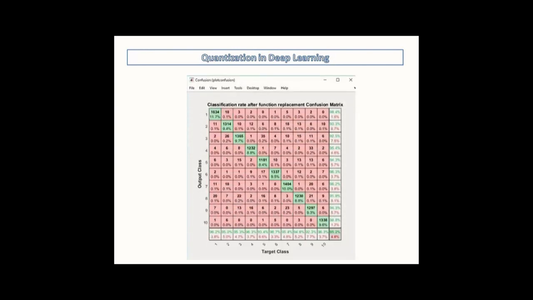The next application is quantization in deep learning. Quantization has become important for optimizing your deep learning models, as it helps accelerate inference when deploying to embedded systems. You can use mixed precision inference using 8-bit integers, and there is ongoing academic research exploring 4-bit and 6-bit integers for quantization.